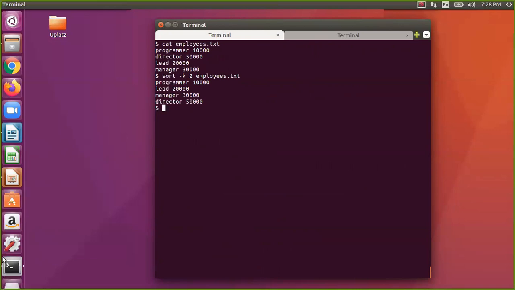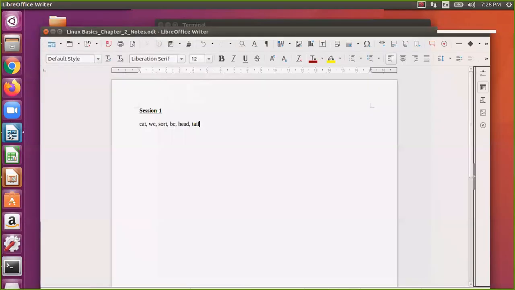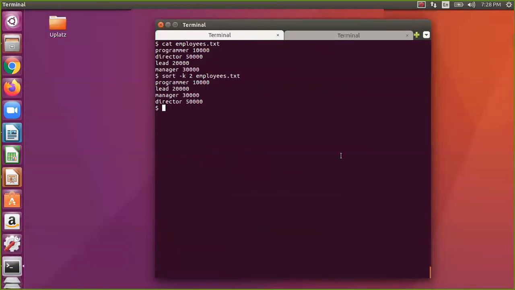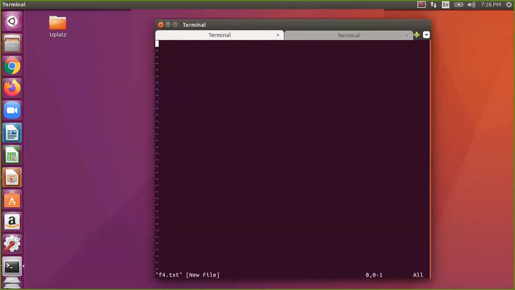Now whatever we have done, sort we have done. bc will come a little later. Head and tail. Let us take head and tail. Let us take f4.txt. Let us assume I'll write something, line numbers 1 to 20.